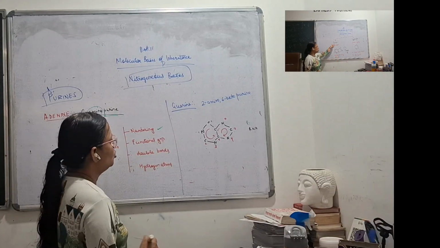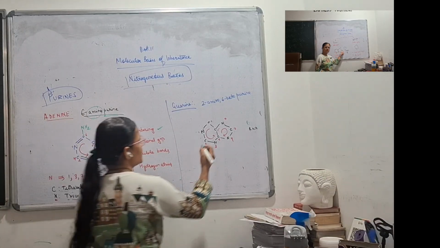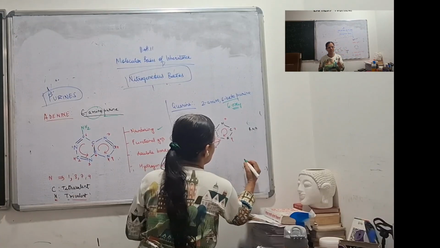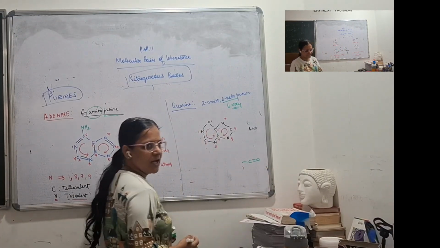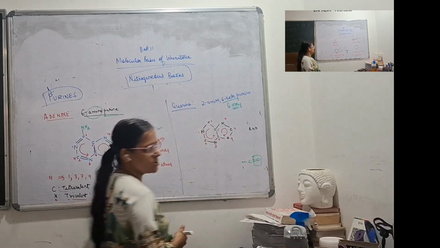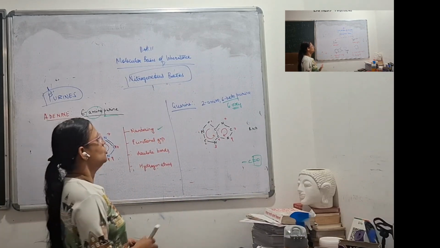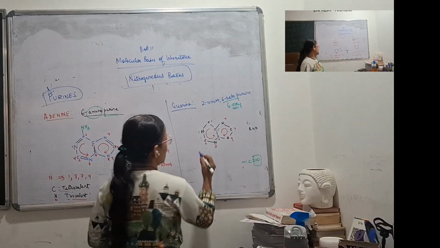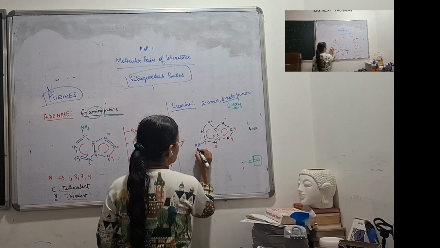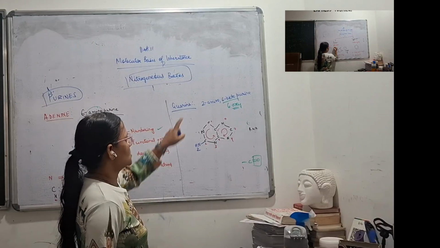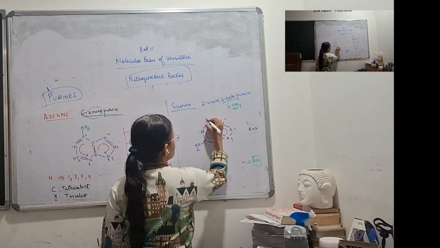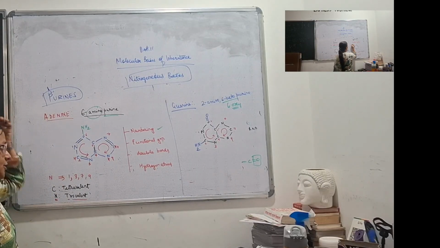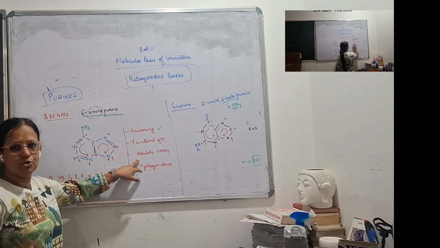Functional group. Now 2 amino 6 keto. Now 6 keto I can also write as 6 oxy. Ketonic group meaning what? C double bond O. And I can even call it as oxy because oxygen is there in it. So at position number 2, I have amino group NH2. At 6, I have ketonic group, so C double bond O. Right? Now once I have written the functional group, third step is what?